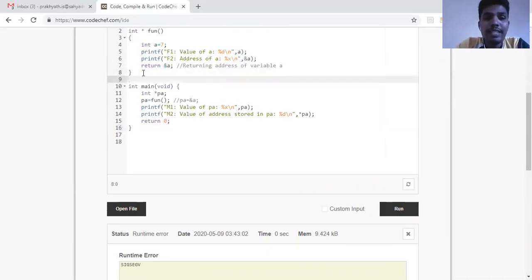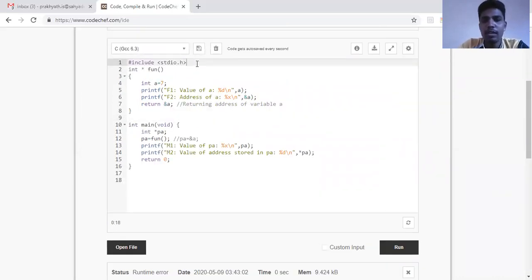To understand this, you should know a little bit of the concept of memory. So quickly, I'll brush up the concept of memory. There are two kinds of memory in our computer, stack memory and heap memory. All the static variables are actually in stack memory. So when I write a function, the function gets a separate stack for it.